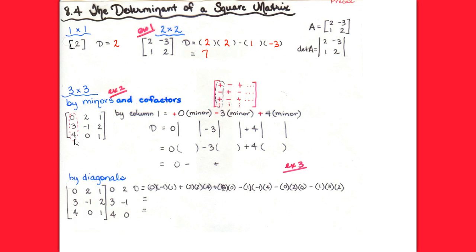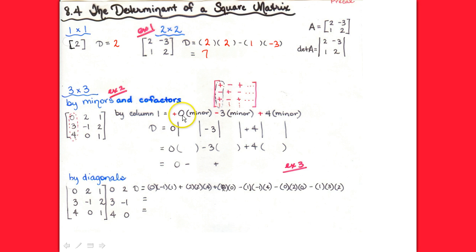So we could go around the room and choose, maybe some of you use the first row and some use the second row and some use the third row and some use the first column, second column, third column. We could work it out 6 different ways, and we're still going to get the same answer every time. So if we look at expanding this by minors and cofactors using column number 1,